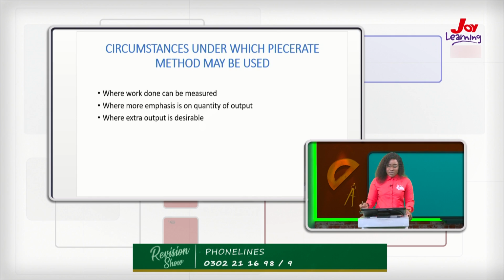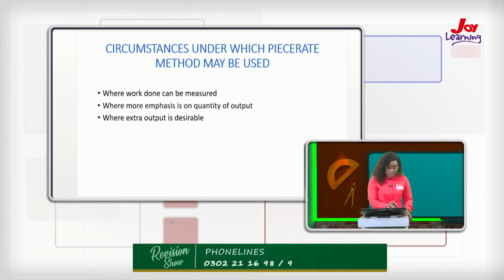Where more emphasis is on quantity of output, that is when we can use the piece rate. And where extra output is desirable, we use the piece rate method of labor remuneration to pay our employees. Now we have